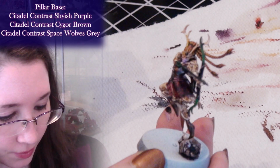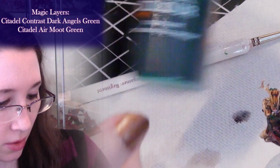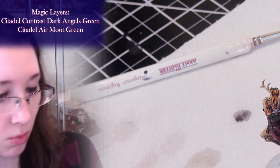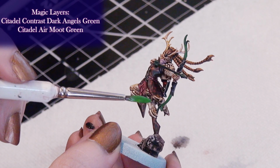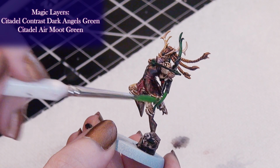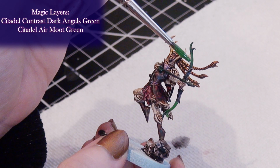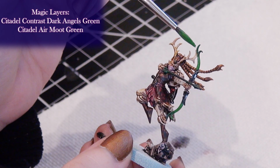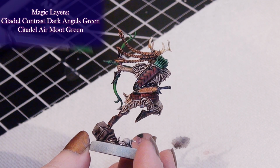Alrighty then. It's time to do that green. Well, the rest of it is drying. The green should be nice and, well, the green is definitely dry. So now we're going to, with our Dark Angels green, add some Moot green. This is like 3-to-1 Moot green to Dark Angels green. And I'm just putting it on right here, right there, right over here, right over there, over here, over there,